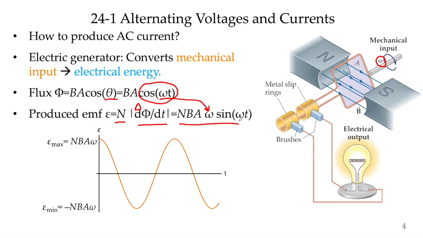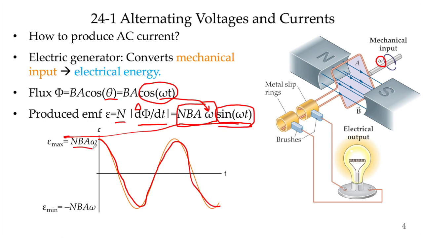Now, if you look at here, this part is some constant number, right? And that part is actually the maximum and minimum values. Now, sine is some function which oscillates between -1 and +1. So basically, this voltage will oscillate as time goes on. It's going to oscillate between this number and that number. So this is how you can generate electric current, AC current, and you can connect it to a light bulb,